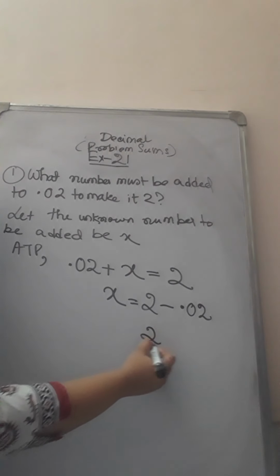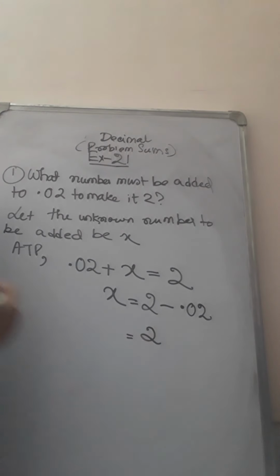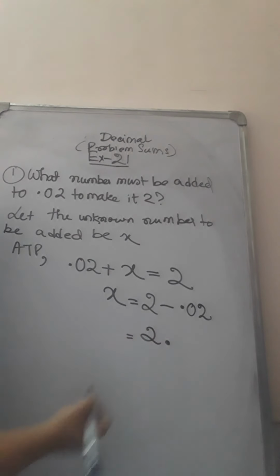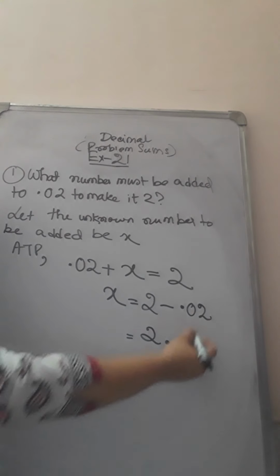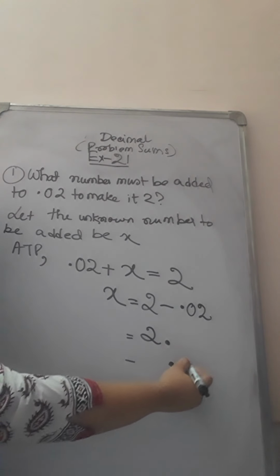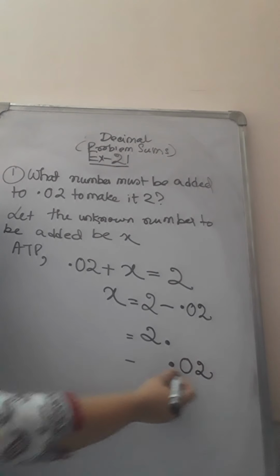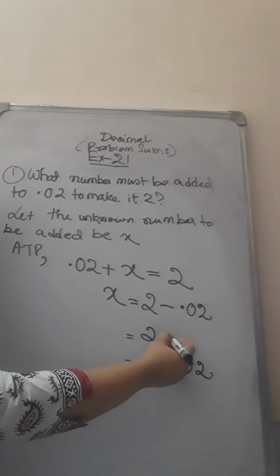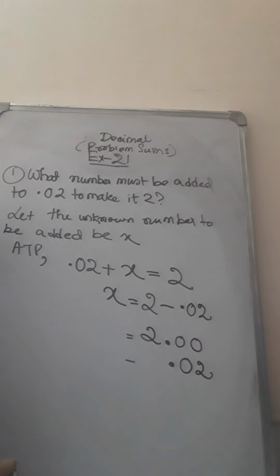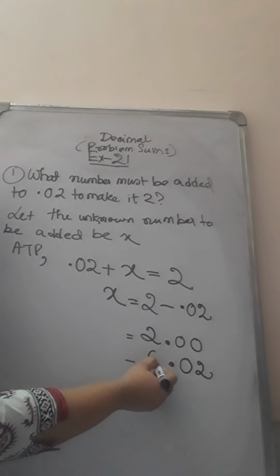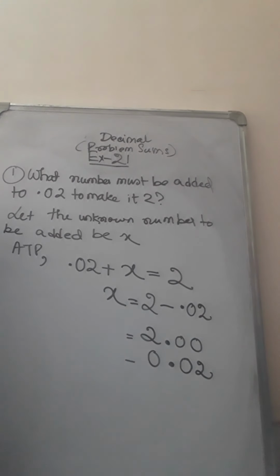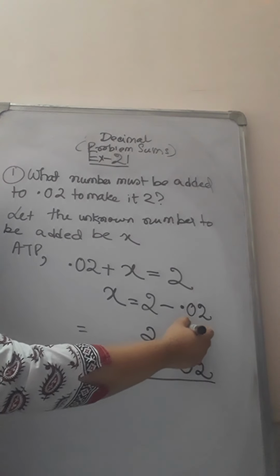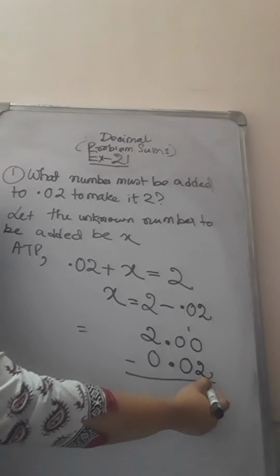So 2 is a number. How to do the sum? 2 is a pure number, so it has no decimal part. So after the point there is no digit. Minus the number given over here has only decimal places, no whole number part. So now we have to arrange it properly. So after the point we can place 2 zeros. And before the point there is one number, so down we can place 1 0, and then we will do the subtraction. So 10 minus 2 gives you 8.